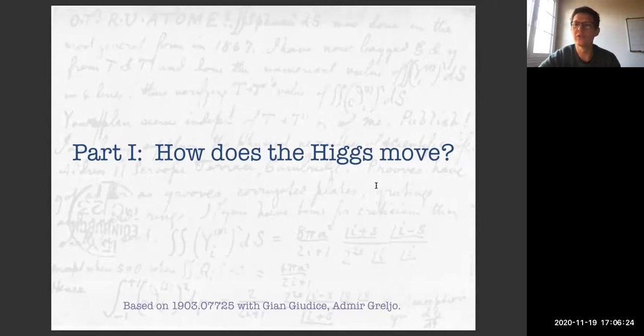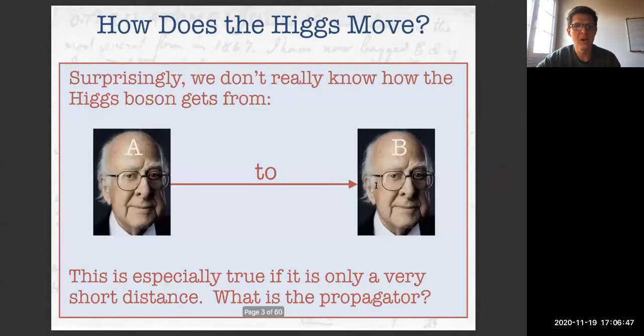Although in future we could access them, the story is unsurprisingly very similar to the story for the Higgs self-coupling, in the sense that any answers we can get at the LHC are really quite unsatisfactory, even at high Lumi, and that ideally one would go to a much higher precision machine or higher energy machine to try and dig out these effects. Okay, so essentially, the question is, how does the Higgs get from A to B? And we don't really know this at short distances.